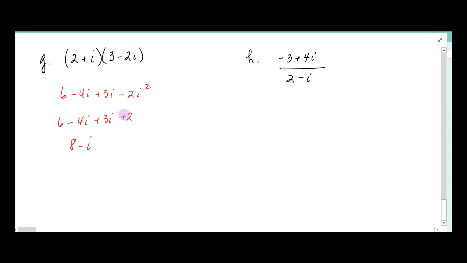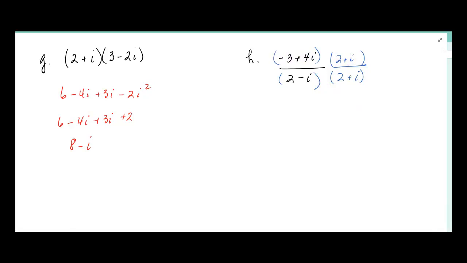The next time we apply that similar concept is over here on this one. Remember that if I multiply by the conjugate, it is this same number, exactly the same except plus i. So if I multiplied the top and bottom by 2 plus i, then it's going to get rid of the i in the denominator by making a perfect square, because I'm multiplying these two together. So if I multiply the top and the bottom by 2 plus i, the numerator is going to become negative